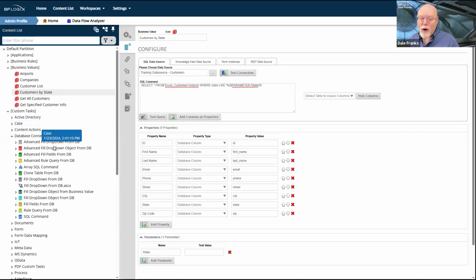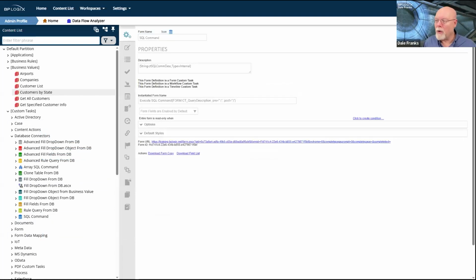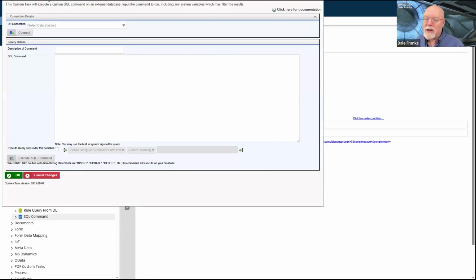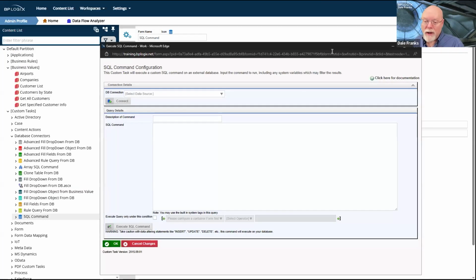And that's what makes this SQL command custom task so important, because if you're going to do any sort of database operations that alter the fundamental data, this is what you want to use. The set metadata custom task is just mandatory.